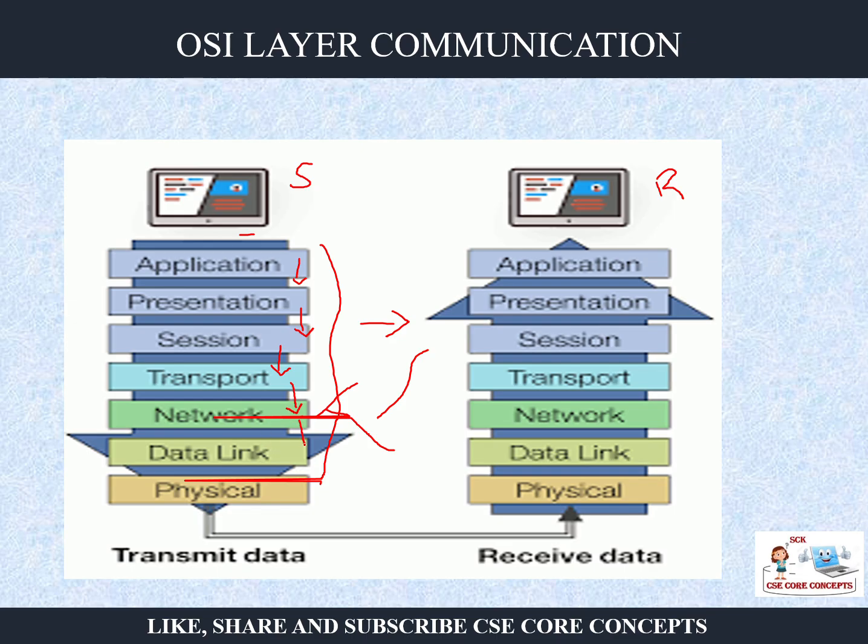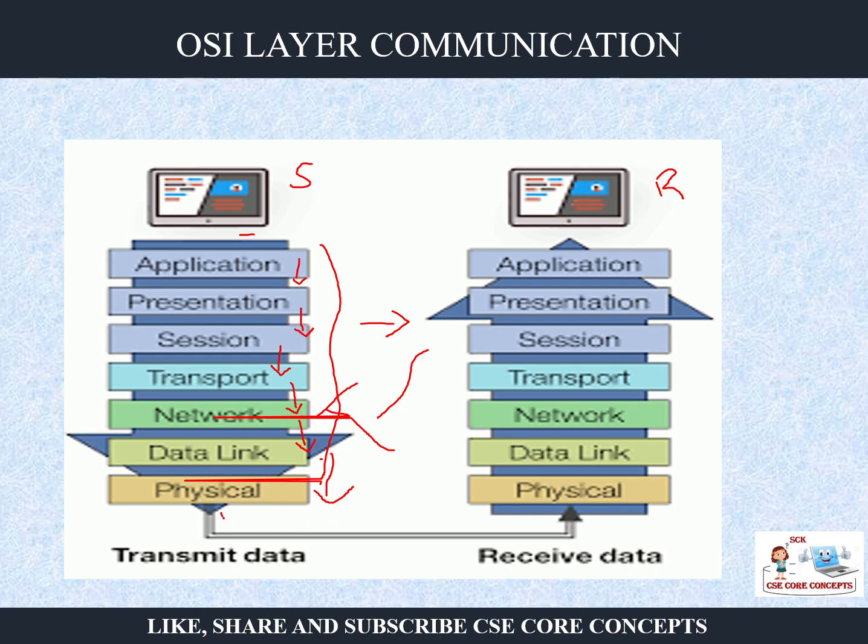Then the packets go to the data link layer where they are further broken into frames, right? Now the data link layer will check for errors if there are any, and do flow control. Flow control means what? If the sender is very high speed and is sending all the messages but the receiver is unable to receive them at that time, then it is not proper. So the balance between sender and receiver should be proper, right? And then it goes to the physical layer where these frames are broken into a bit stream.